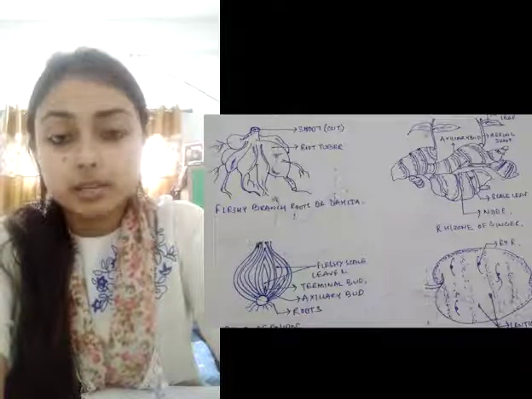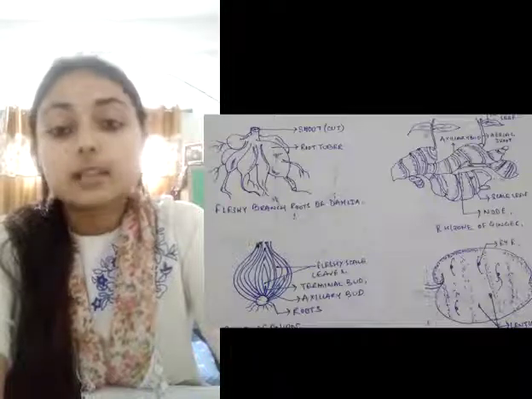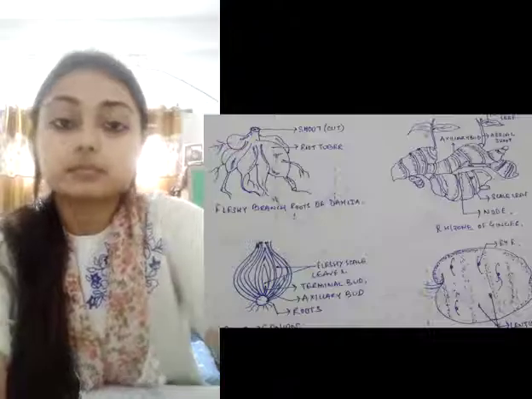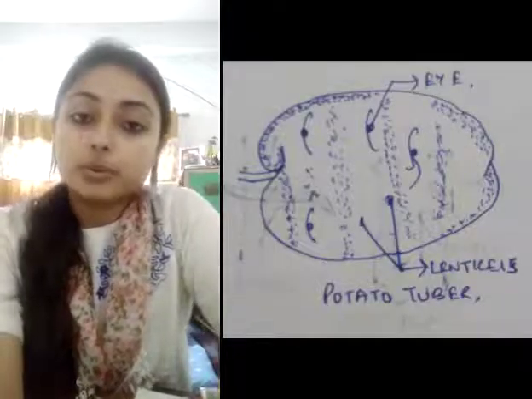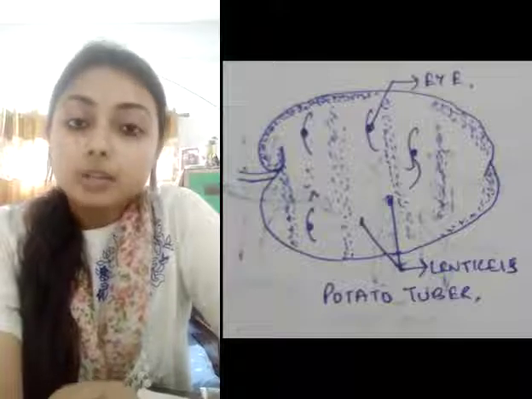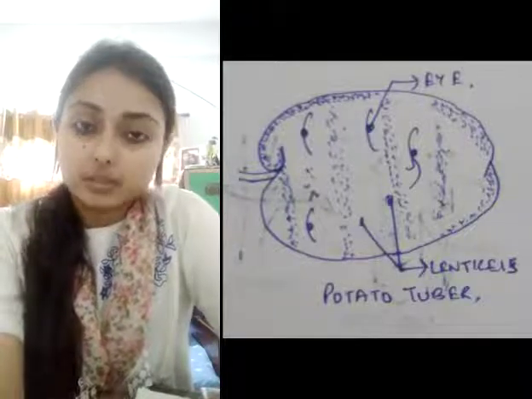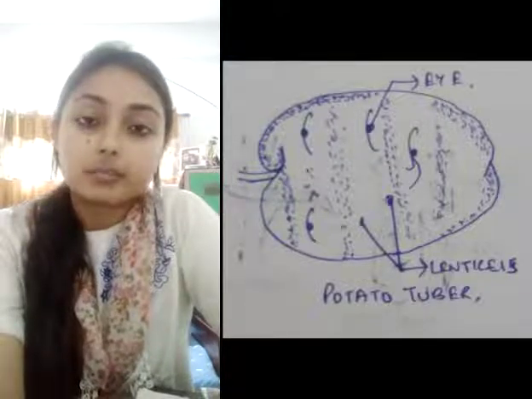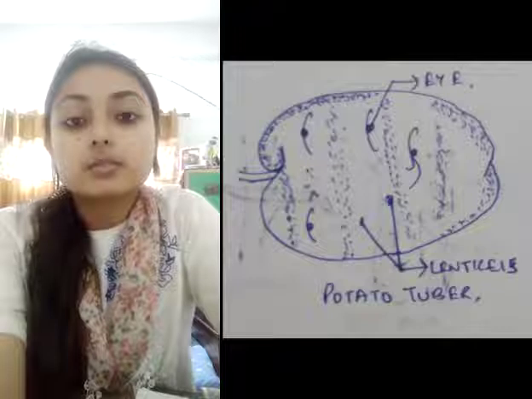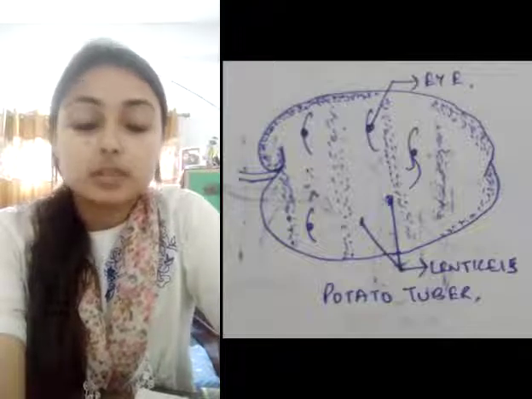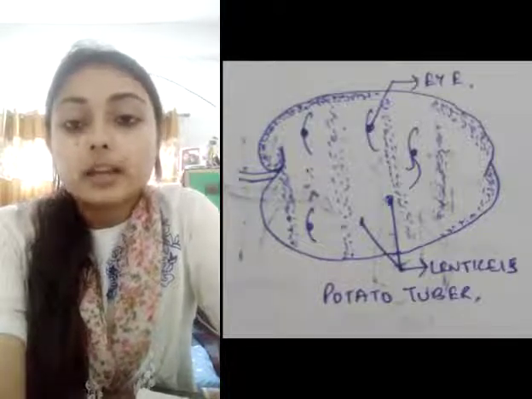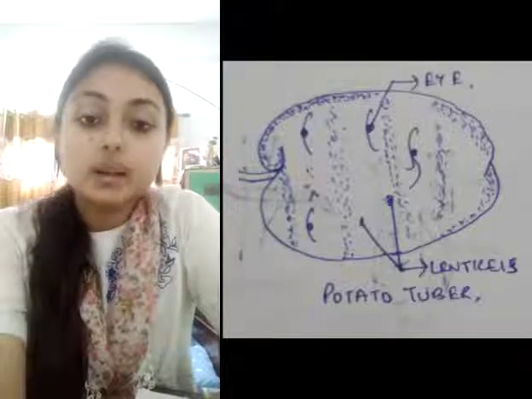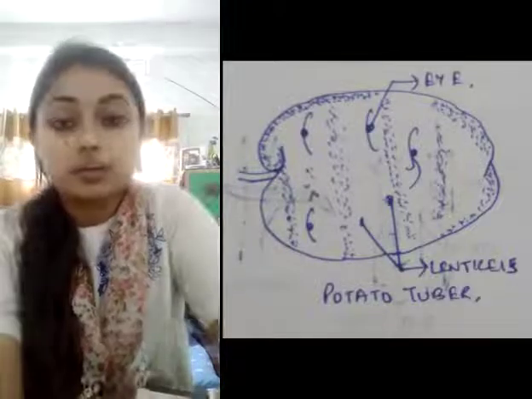Rhizomes are horizontal stems from which a whole new plant grows and they are situated partly underground. For example, in turmeric. Next underground stem are the tubers. Now, what are tubers? Tubers are large underground stems and they contain stored food with eyes containing buds. Now, this bud gives rise to a new plant. You will see tubers in potatoes. Next are the corms. They are a condensed form of rhizomes and they are formed vertically in the ground.